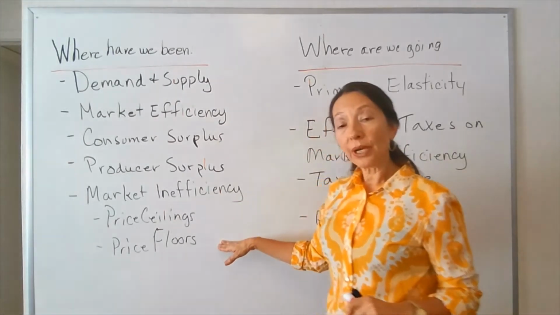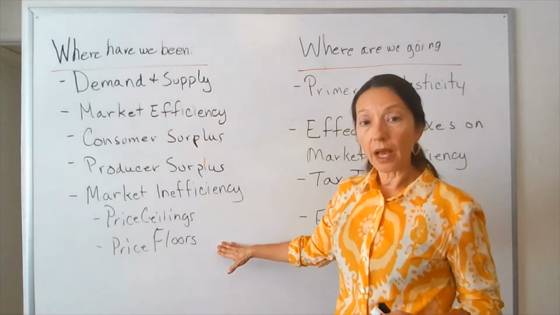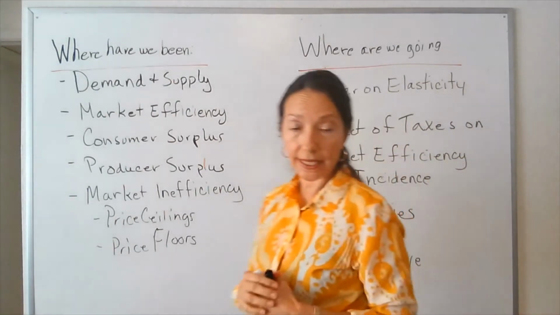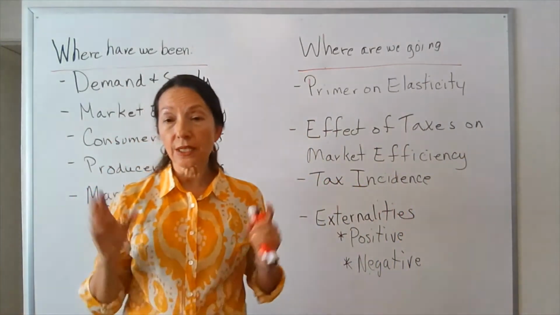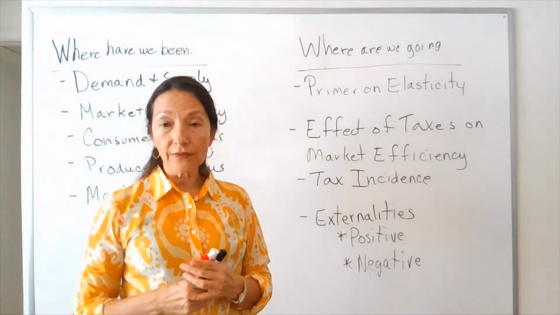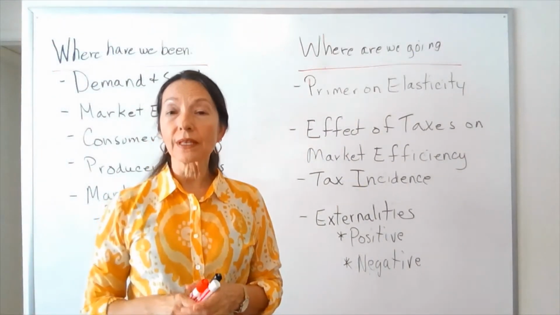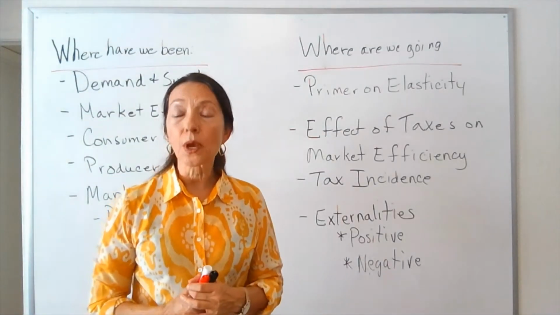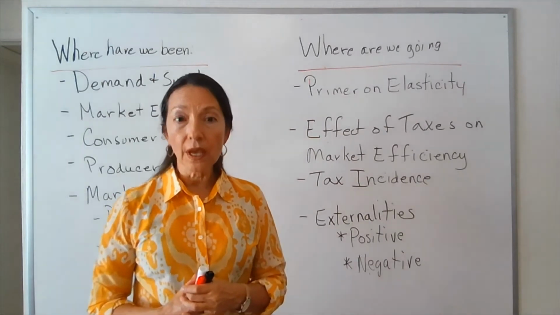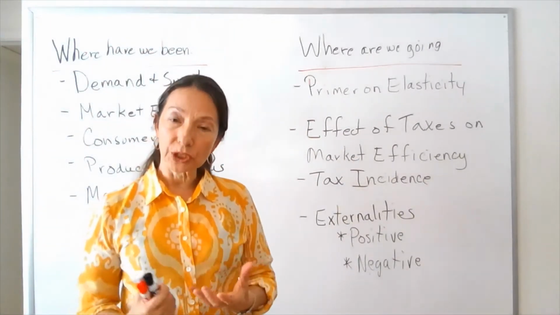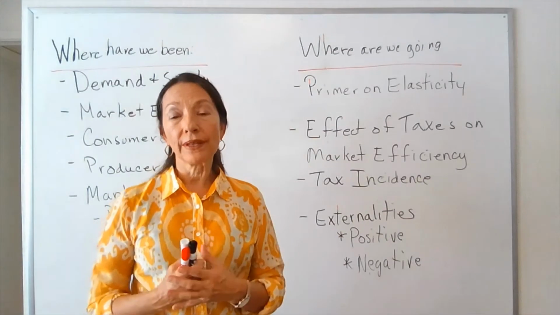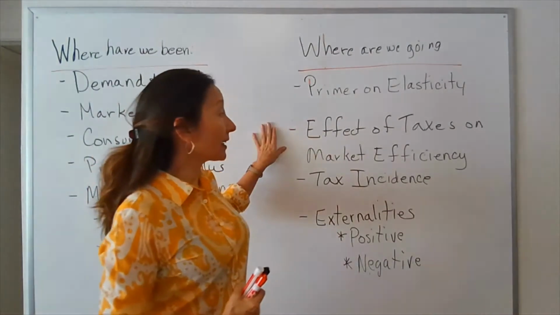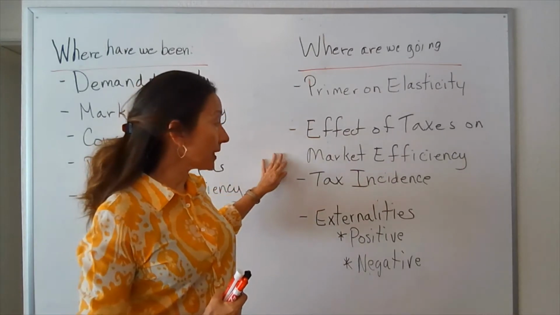floors. We're going to continue this discussion, and to do this, I am going to give you a primer on elasticity. I've broken elasticity into two segments. The second part of elasticity, which has to do with pricing and the total revenue curve and a little bit more of the calculations, we will see later on in the course. But for now, we are going to go over the general shapes of curves when they are more elastic and when they are inelastic. We are going to talk about the effect of taxes on market efficiency, and we're going